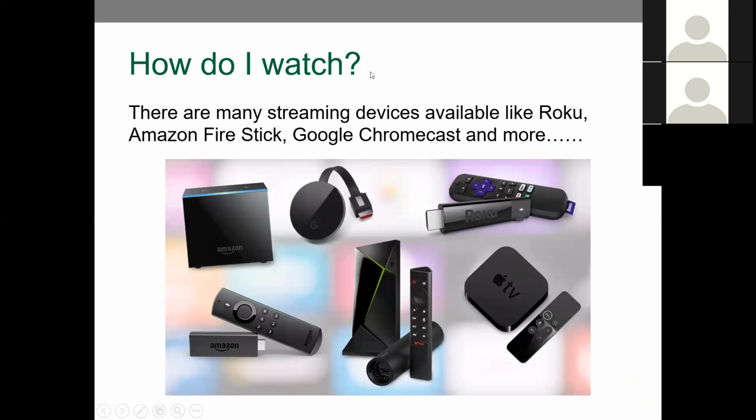So, how does one watch all of these great offerings? The hardware being used is what most people call streaming devices, things you might have heard of, like a Roku, like an Amazon Fire Stick, like a Google Chromecast, but there's so many more out there. And it's not always easy to differentiate and make a decision based on looking at them. So there's a few things you're probably going to want to take into account when you're thinking of them.